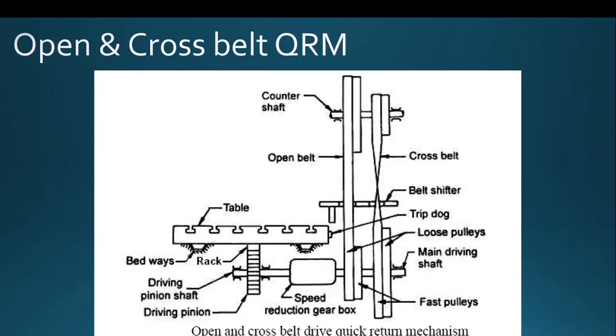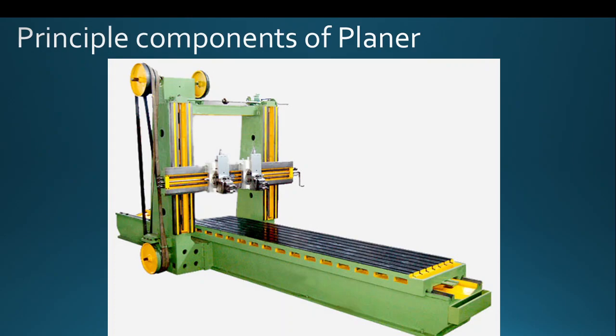And now let's have a look at the driving mechanism of the planer machine. I think now you may have some clear idea how the material is removed in the case of a planer machine. See, the workpiece is just fixed above the table by using the clamps. The top side of the table is provided with T slots which will facilitate you to fix your workpiece with the help of the work clamping devices, and then the table will move in front and back direction with the help of the driving mechanism.